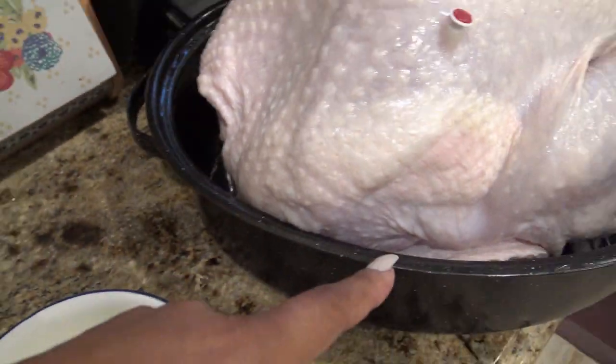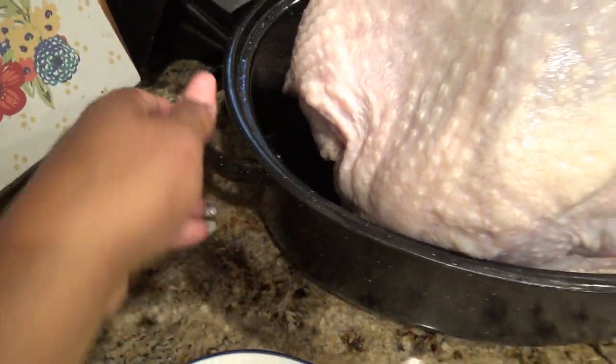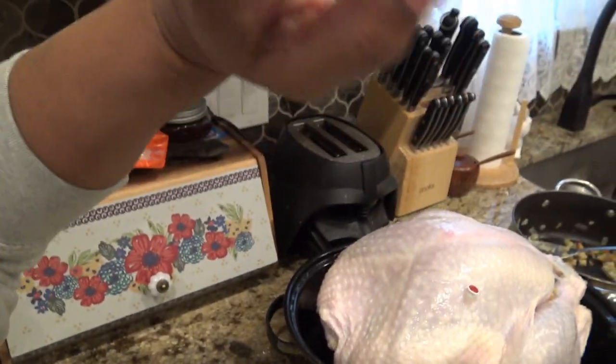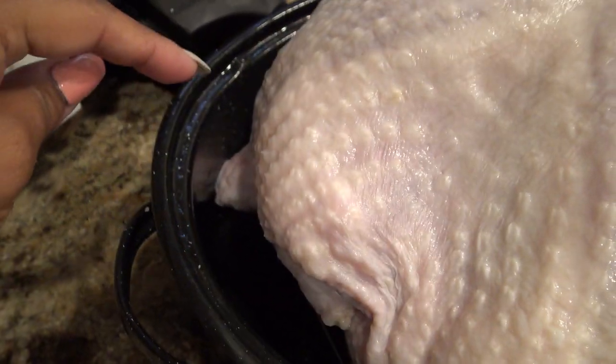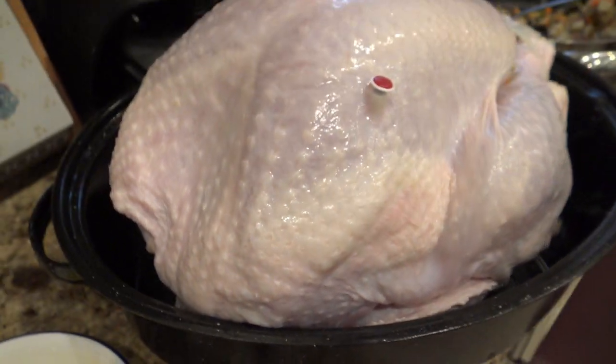I wanted to show you that. So basically, I pull the wings, and I stick the little pointy part of the wing behind him. So it's like he's chilling, like laying on the beach, you know what I'm saying, with your arms behind your head. I don't know if you can see there's one back here and then the other one tucked in a lot better, so it's really nice and tucked in there. That way it doesn't burn. Oh, my